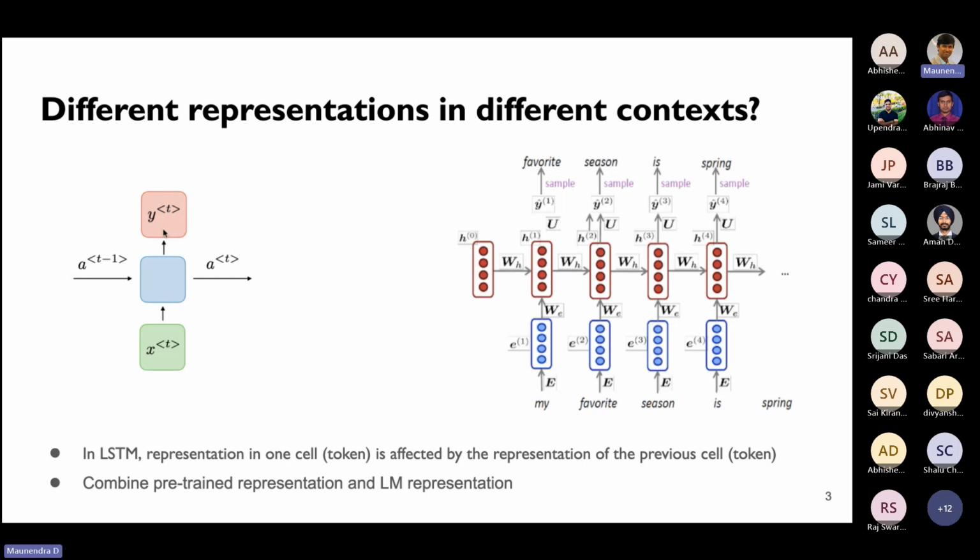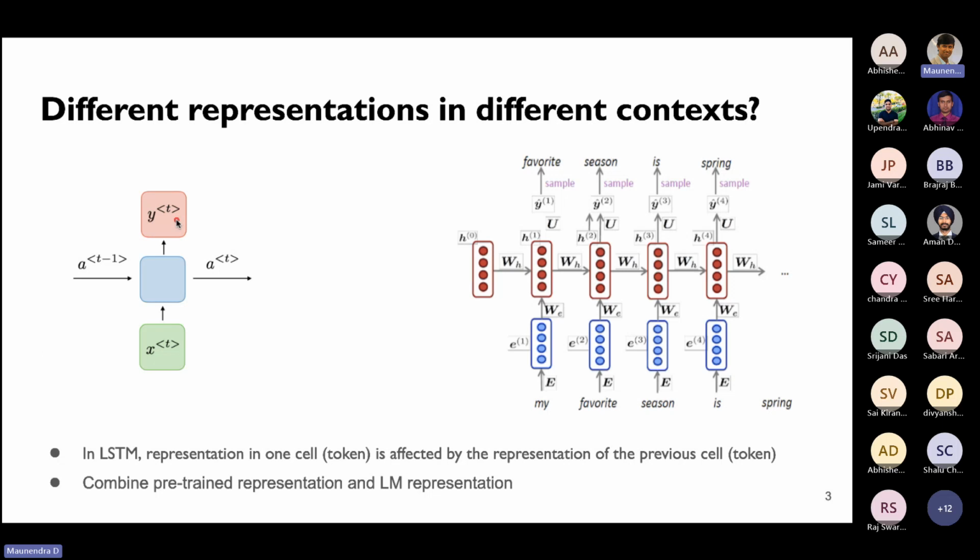In this diagram, this is an RNN cell. Each RNN cell takes two inputs. One is the representation of the context so far, and the other one is the current input. Now, if we consider that we have an input text which has been tokenized, for each token we have the token representation which comes in and the current state of the system. Based on these two things, we learn an output representation